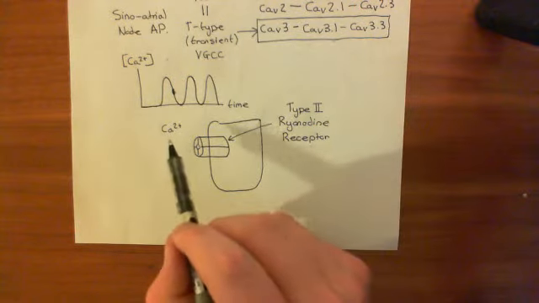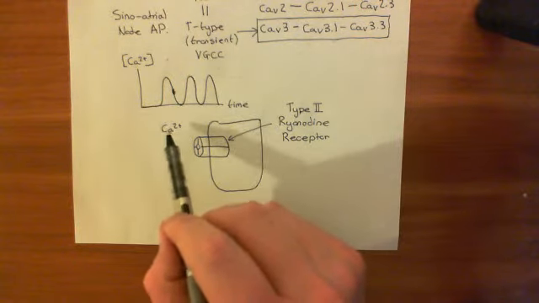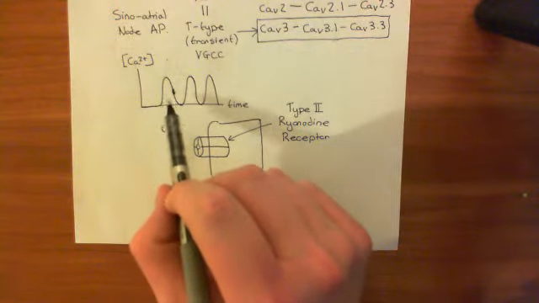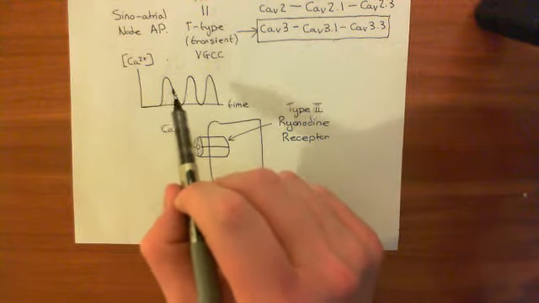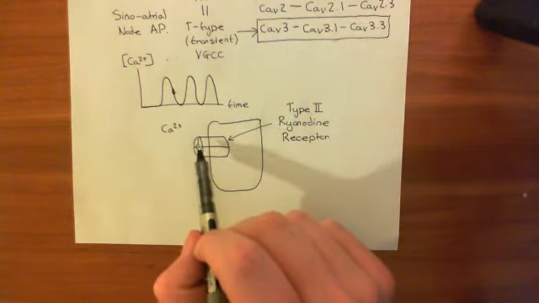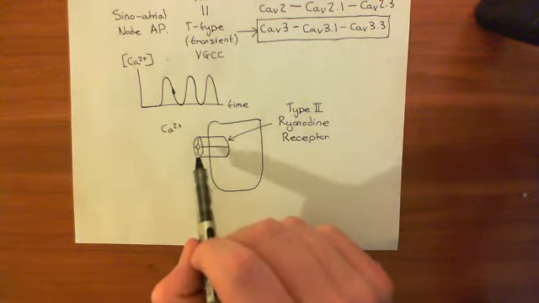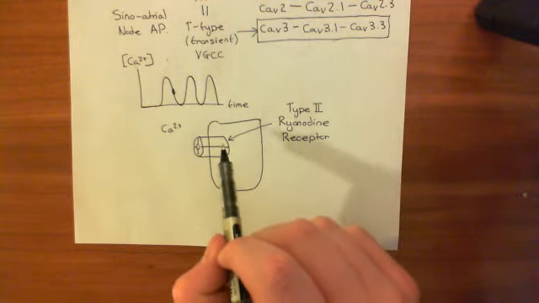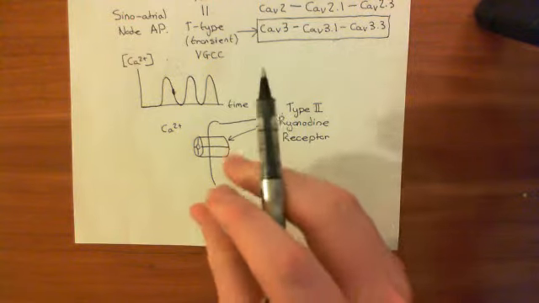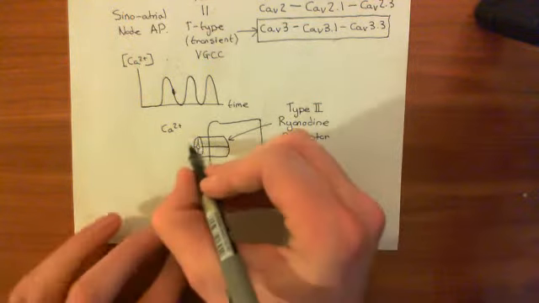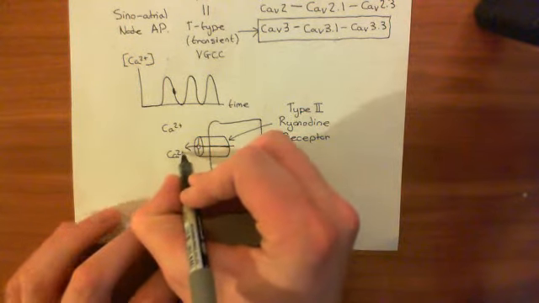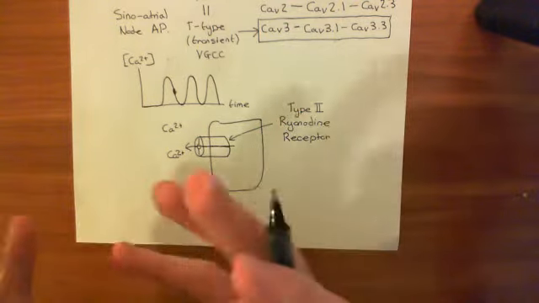So what happens is that when calcium comes along, because it's come up by entry through the T-type voltage-gated calcium channels, calcium is going to bind to calcium binding sites on each one of these 4 subunits that makes up the type 2 ryanodine receptor. And when 4 calcium molecules overall bind to this type 2 ryanodine receptor, it's going to cause it to open. And then calcium will be released from the sarcoplasmic reticulum,